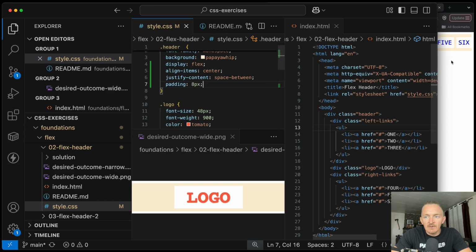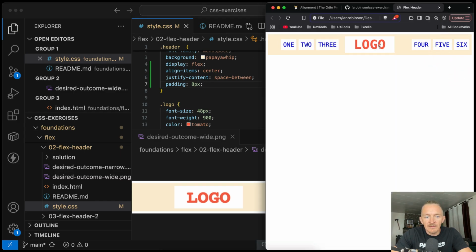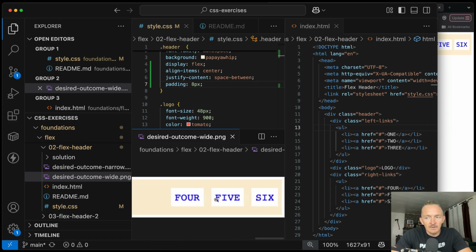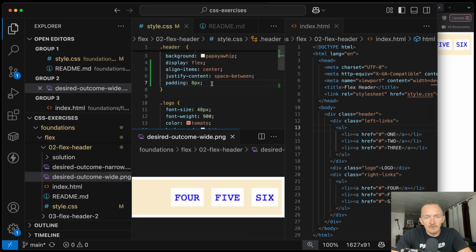And so I'm pressing save, and then I'm going to refresh here. Cool, now we've got that spacing there. So it looks like the logo is good to me, but I'm noticing that the 1, 2, and 3 have a weird spacing element. So